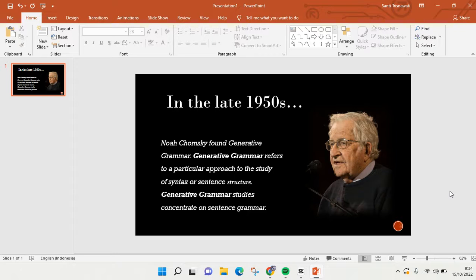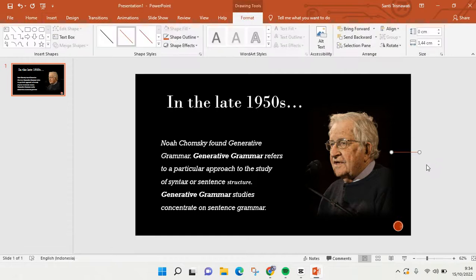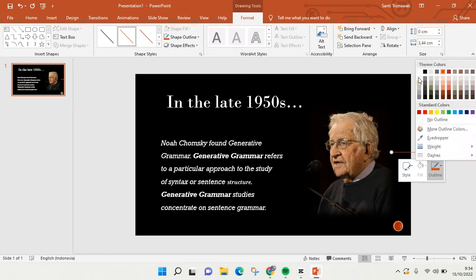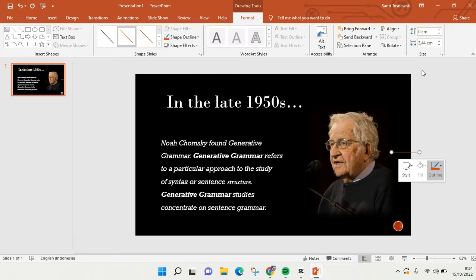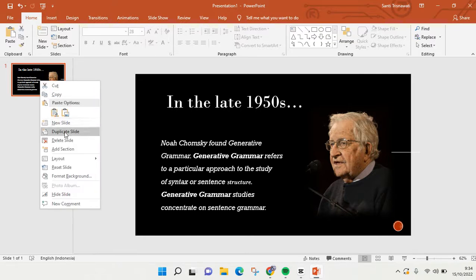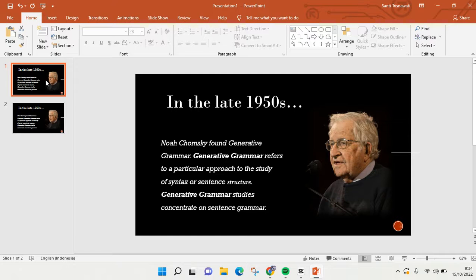I'm going to add a line beside the image here to make it look like it's connected to the next slide, and I'm going to change its color into white like this. And then next duplicate the slide. So here I'm going to duplicate the slide, and in here in the first slide you